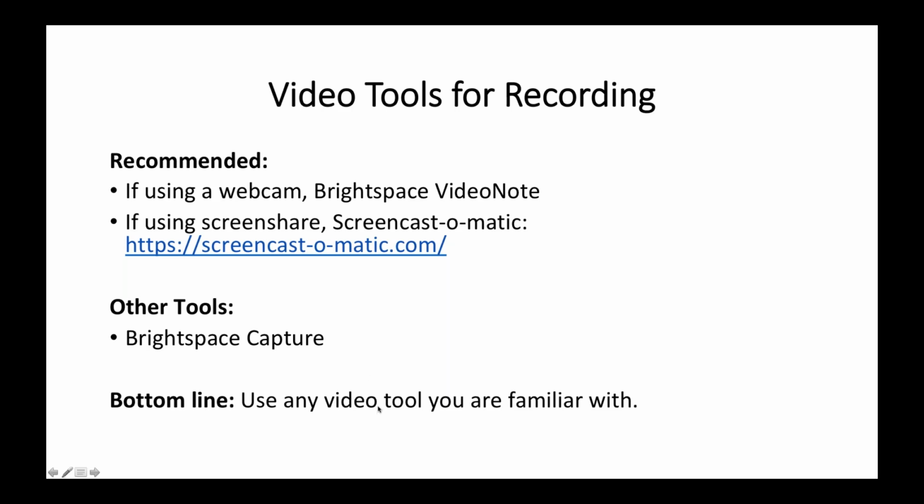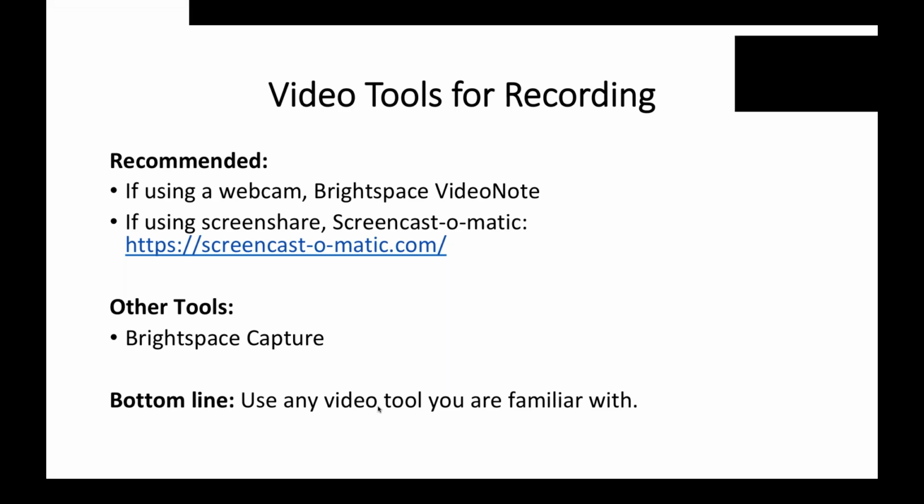But the bottom line is that if you are familiar with any video tool, whether it's just using Game Bar on your PC or QuickTime on your Mac or Snagit or whatever, we're not forcing anyone to use any particular tool. Use what you find to be most effective.